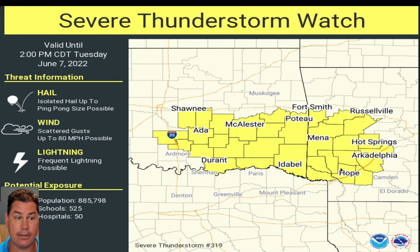Yes, there is a severe thunderstorm watch currently in place between now and 2 o'clock this afternoon for portions of Shawnee, getting into Durant and McAlester, all the way into Idabel. You start extending into Mena, into Hope, Arkansas. Those areas are going to be under the gun to produce some ping pong size hail with this particular system, and some 80-mile-per-hour wind gusts are definitely not out of the question, with a lot of lightning like I showed you. So definitely be on high alert over the next several hours, as these storm complexes will be diving southeastward,